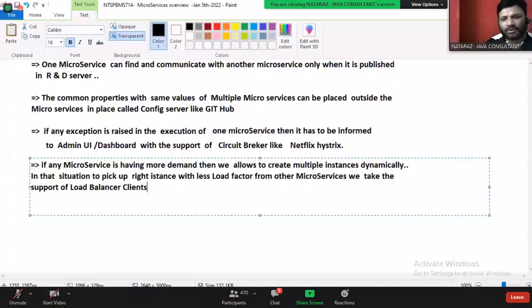We take the support of what? Load balancer client. LBC, load balancer client, guys.